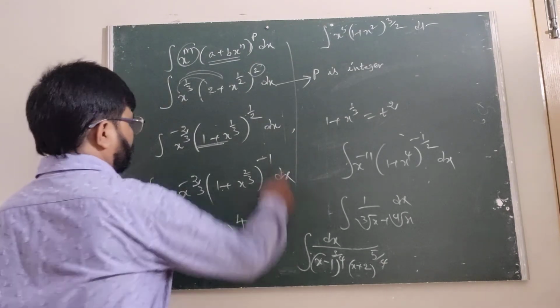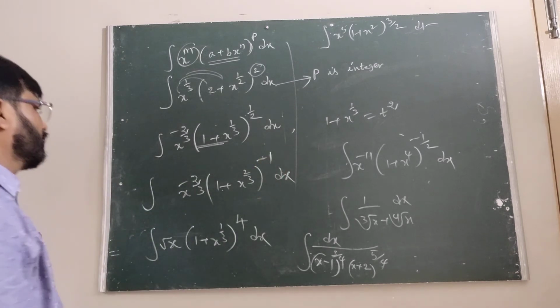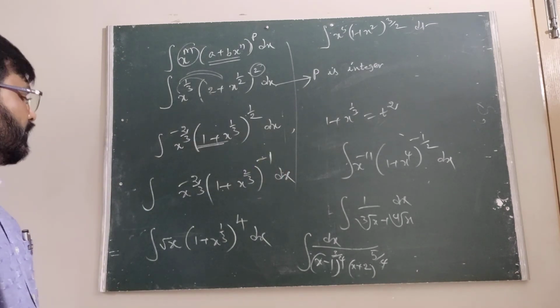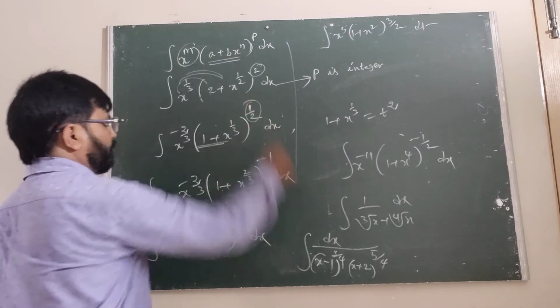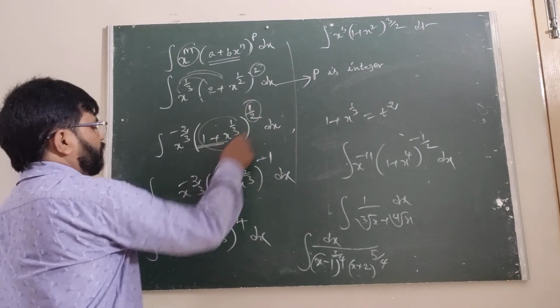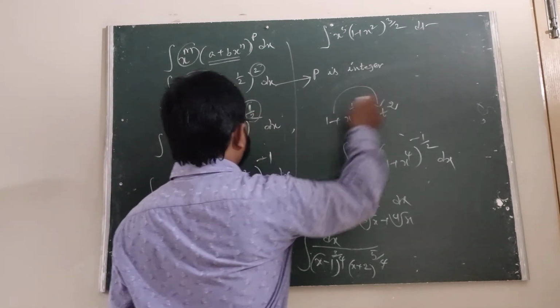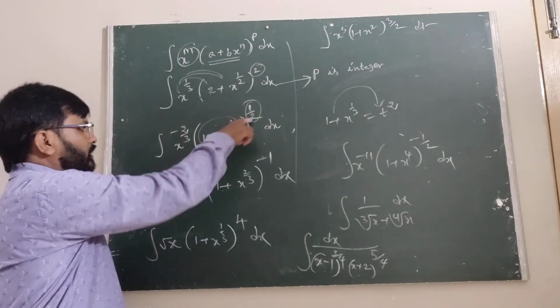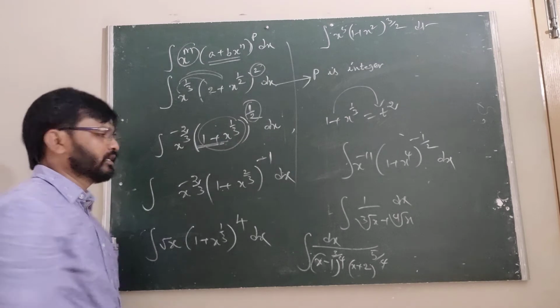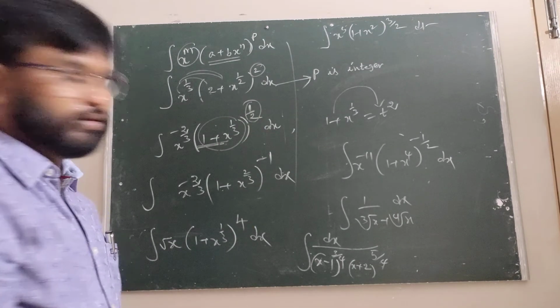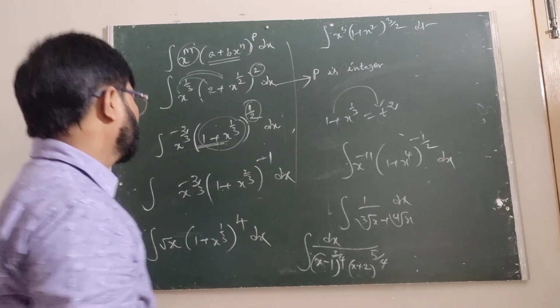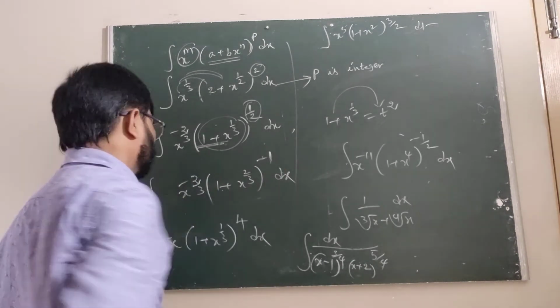How to solve this one? Here when it is 1 plus x whole power 1 by 3, undoubtedly here there is t power 1 by t. It is a rational fraction. Undoubtedly we take some t square. Is it clear? Then it will be t square, the 2 cancels. When it is t square, undoubtedly these two are cancelled. Do you understand?